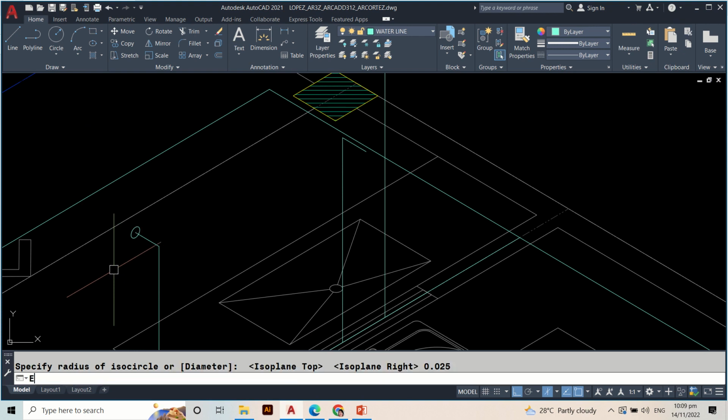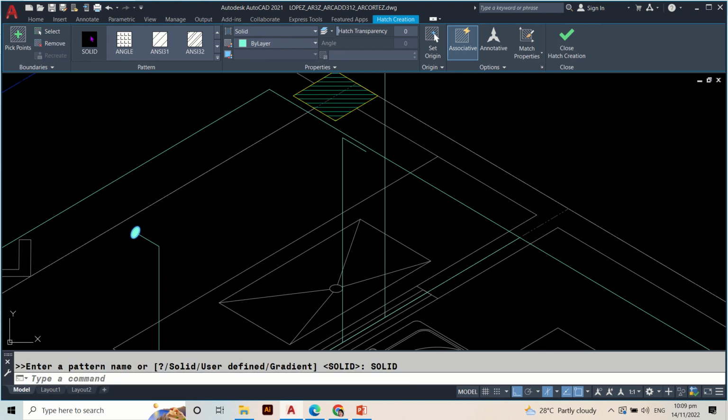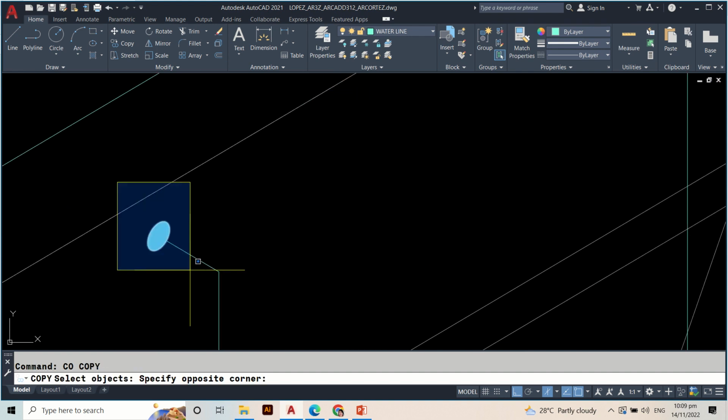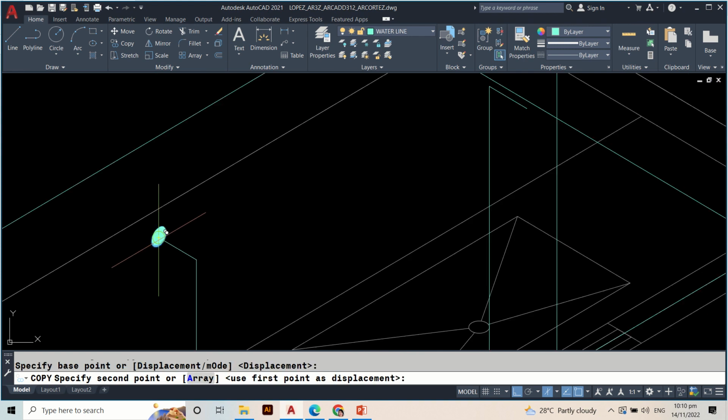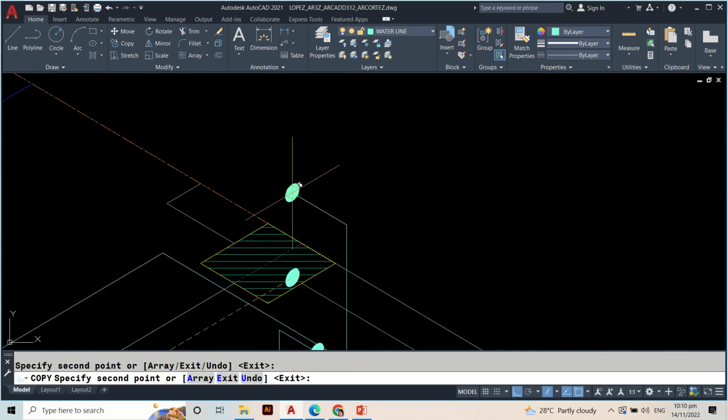Okay? Then H, enter. Click. We'll just be using solid for that. Click close. Then we copy, CO, pick 1 and 2, enter, we snap here, and lagay natin dito, tsaka dito,